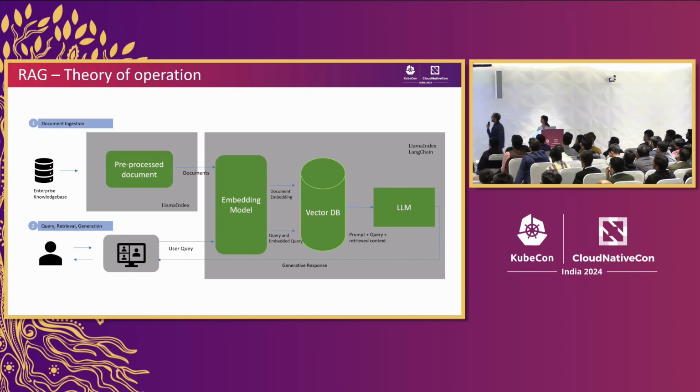Next slide, please. Now, this is another, I would say, theory of operation, what we call the flow model of how the data passes through this. So you have LlamaIndex or maybe LangChain, that is the orchestration engine. And that sends the documents to your embedding model. The embedding model sends it to the vector DB after creating the embeddings. And then the vector DB content is what is going to the LLM. And based on the user query, what happens is the queries are also embedded and go into the vector DB so that, as I said, the auto-regressiveness, right?